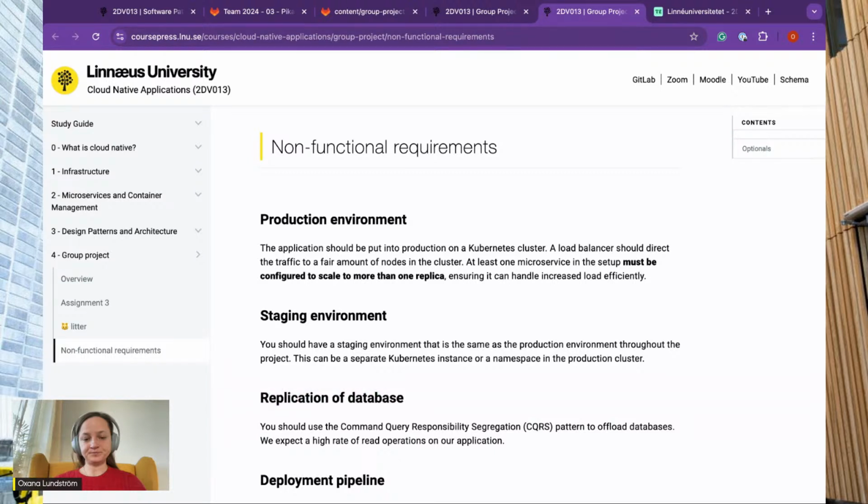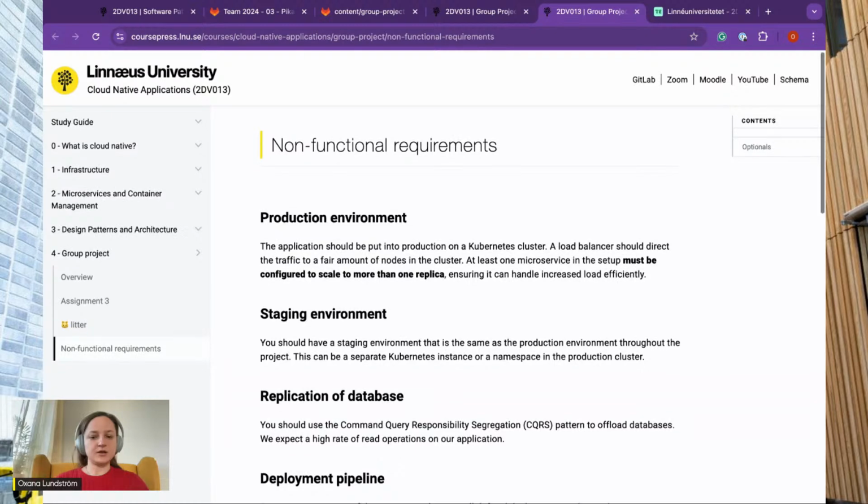So if in assignment 2 we had only one instance of both Redis and Mongo or whatever other database you used, here you have to demonstrate that you can scale the database across replicas and that you master the different patterns